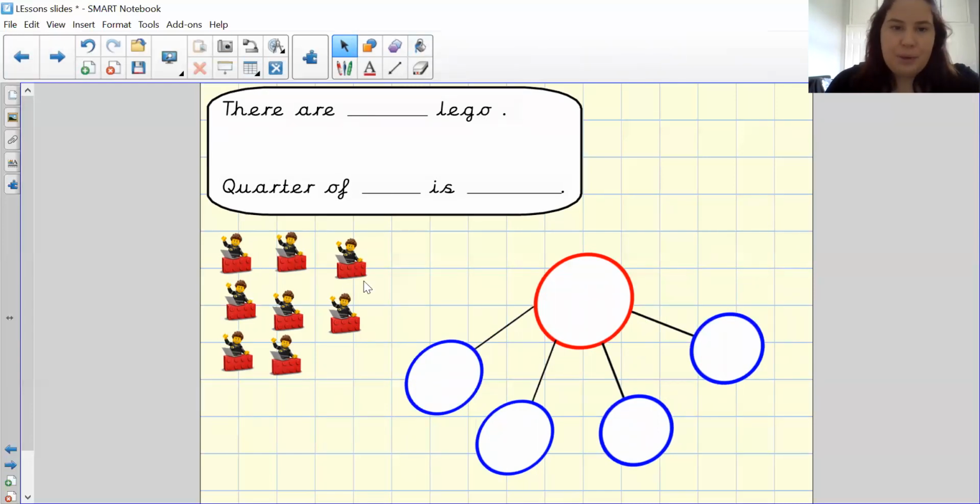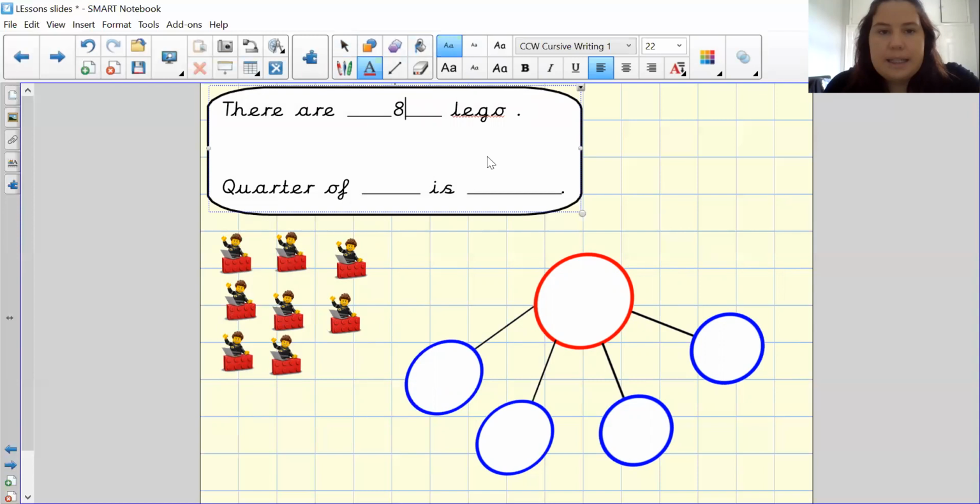Right, I'm now going to go through it and solve it for you. So to begin with, there are Lego. So let's first find out how many there are. 1, 2, 3, 4, 5, 6, 7, 8. So there is 8 Lego pieces. So a quarter of 8